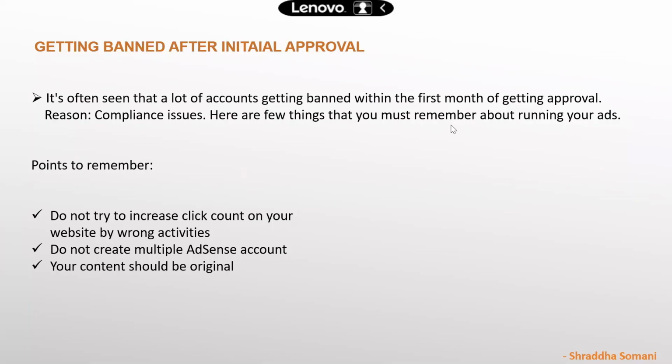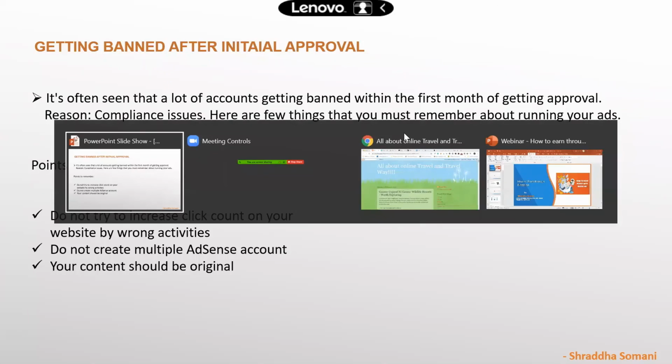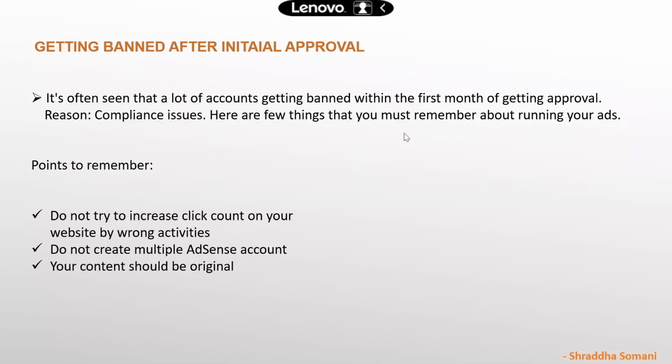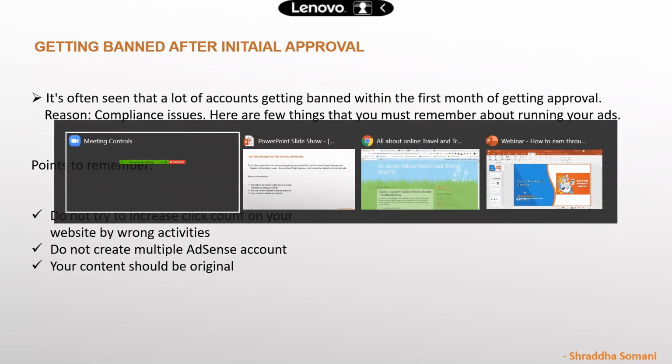Okay, Sanjana is asking me, what happens after ads are placed on the website? What are the parameters to get the payment? Yes, and as I told you, it has a threshold. Per ad, Google pays you $2 to $3, right? And the threshold is $100. Once you earn $100, Google will credit it to your account. So in the AdSense account, you have an option of payment, right? So I'll just show you that option.